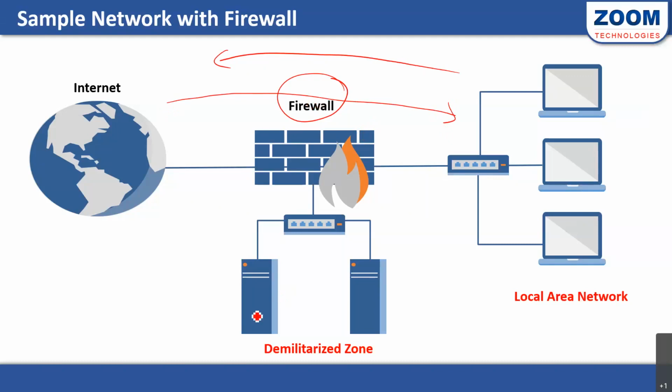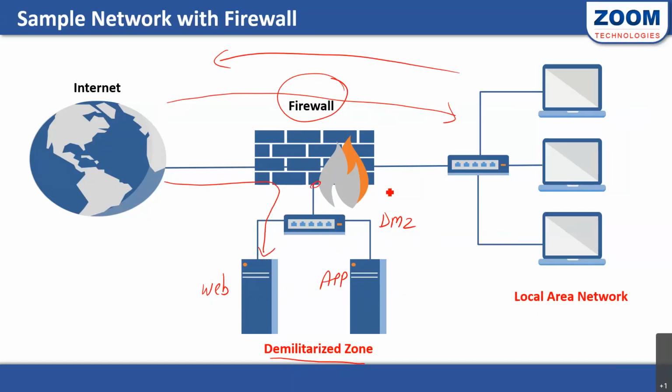If you also observe in the image, I have another network called the demilitarized zone. In short, we also call this a DMZ network or DMZ zone. DMZ is useful when we are hosting servers. Say this is my organization's web server and this is my application server. I'm not going to put the web server or application server into the local network; we will keep them in the DMZ. The firewall is also the gateway for this DMZ. So if someone from the internet has to access my company's website, even that request has to pass through the firewall.